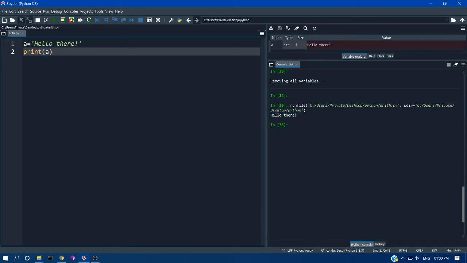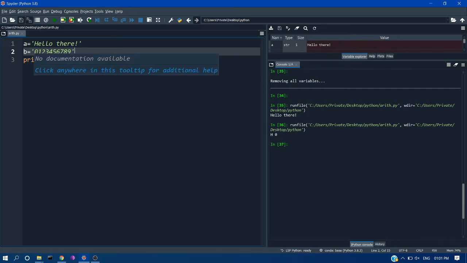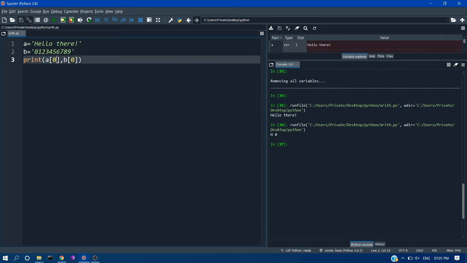String indexing is normally used to get a particular character in that string. For that you have to make an open and closed bracket and use the index of the string. Normally the string index starts from 0, and I will use another string so that you will clearly understand. 0, 1, 2, 3, 4, 5, 6, 7, 8, 9. By using string indexing, we can get the first letter of the string, which is H, and its index is 0. So if you want to get the O here, you have to use 4, not 3, because it starts from 0. Here you can see.